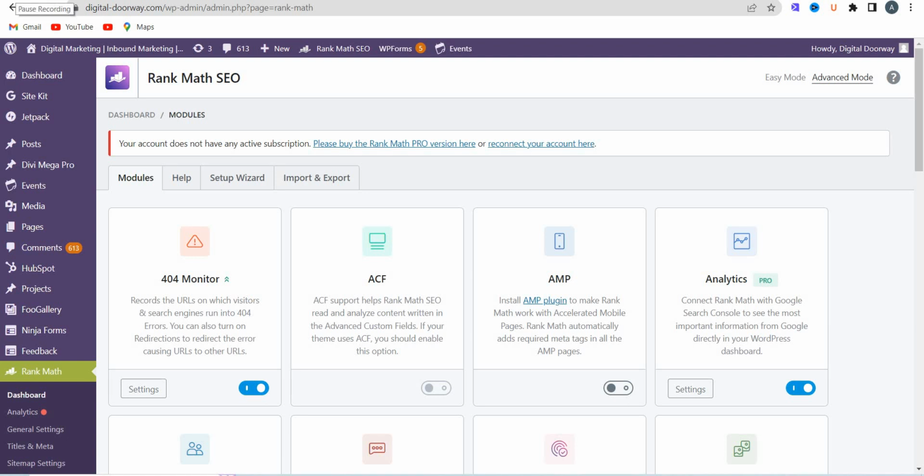Hello everyone. In the previous video I explained what a robots.txt file is and when it should be created. Just to reiterate, a robots.txt file tells search engine bots not to crawl certain pages of a website. It's not compulsory to have a robots.txt file on your website. It entirely depends on whether your business or your website feels that certain pages do not need to be crawled. In that case, you need to create a robots.txt file